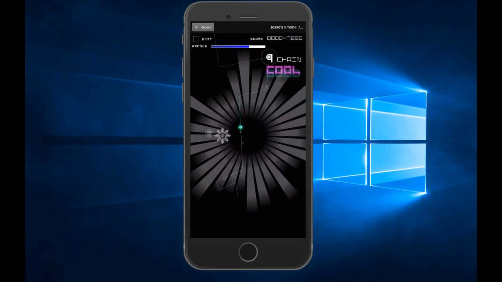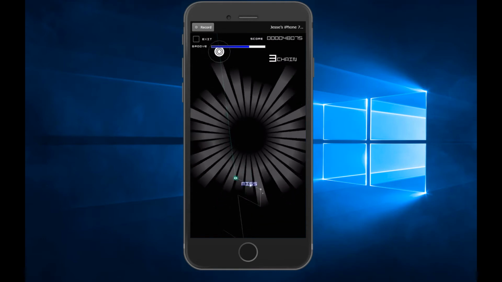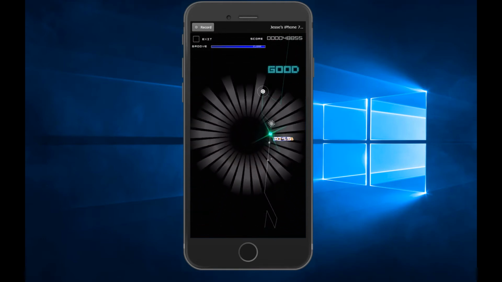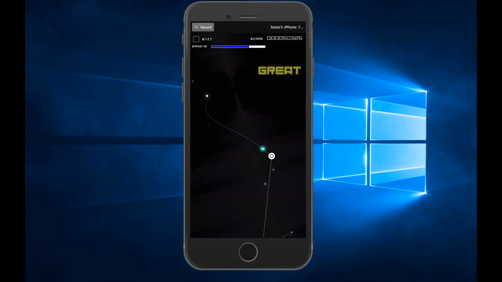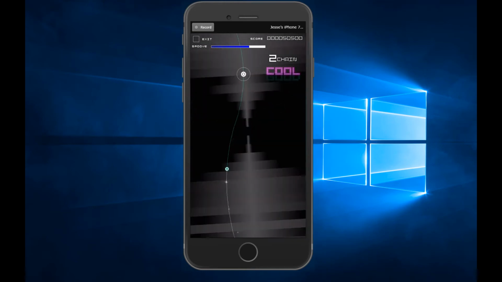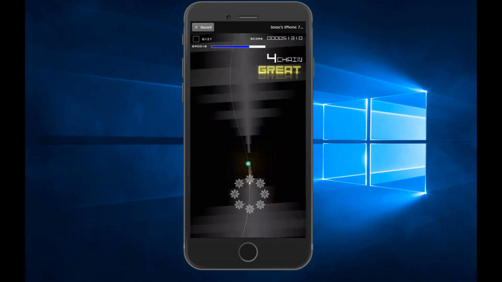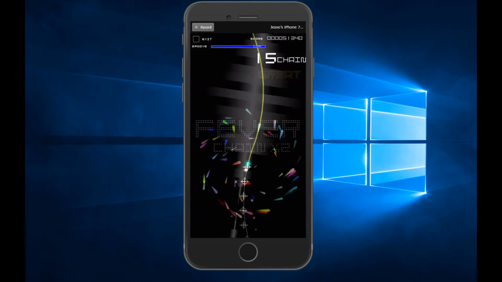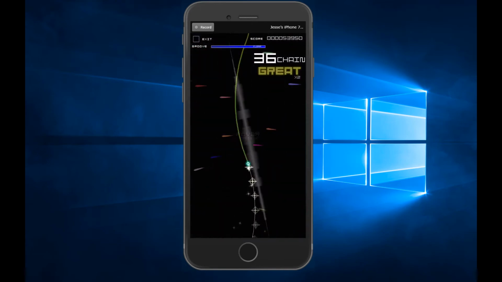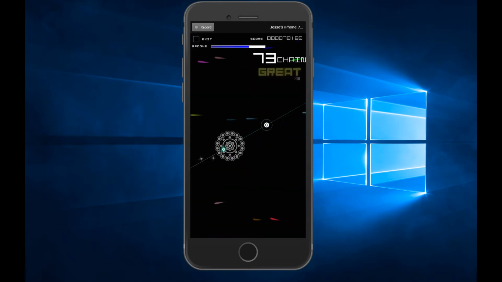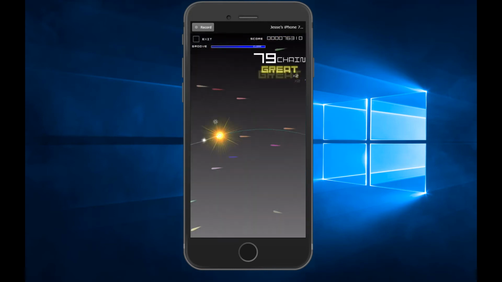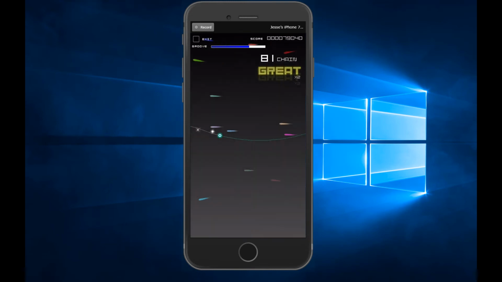Whoa, what the hell's going on here? We got a portal effect. Lines are going all over the damn place. I can't even tell. Holy criminy. I'm holding. A longer song too. I wonder if there's actually a fail state, or if you just complete the song and you just get a score.